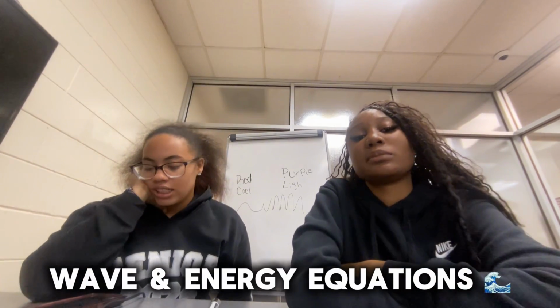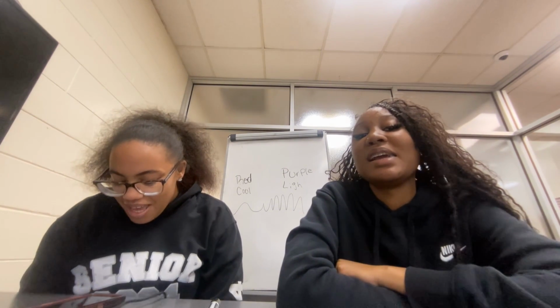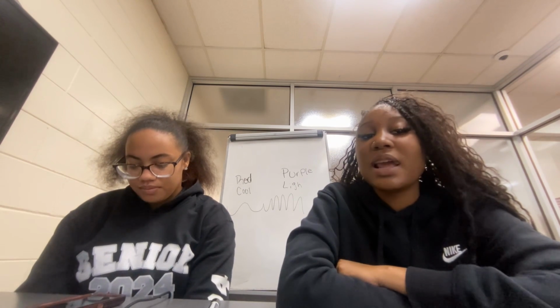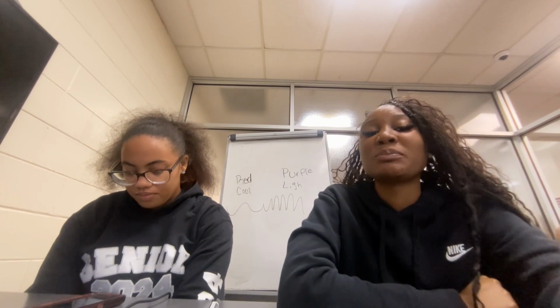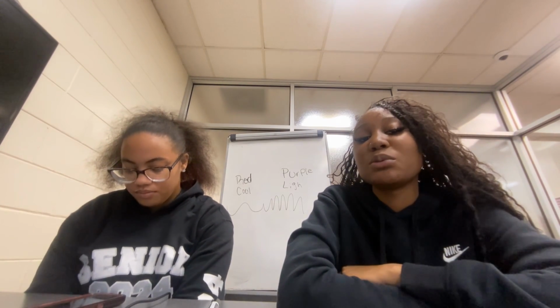Wave and energy equations, the math behind the magic. There are two you gotta know. c equals lambda times nu, which means speed of light equals wavelength times frequency. And E equals h times nu, which means energy equals Planck's constant times frequency. If that sounds like a mouthful, just remember, more waves, more energy. Simple. So for an example,